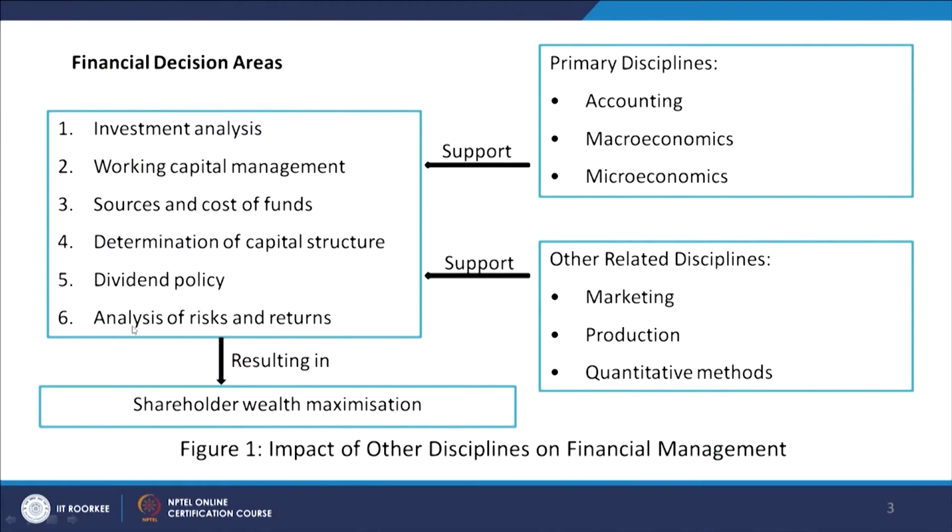Next financial decision area is analysis of the risk and returns. Analysis of risk and returns is a very, very important criterion, because for every decision we take, we have to be very careful about how much return is available for the given amount of risk we are taking in the business. How much is the return available for the given amount of the risk? It is very clear that when you are into the business, you are going to take risk, but you want the reward for that risk.